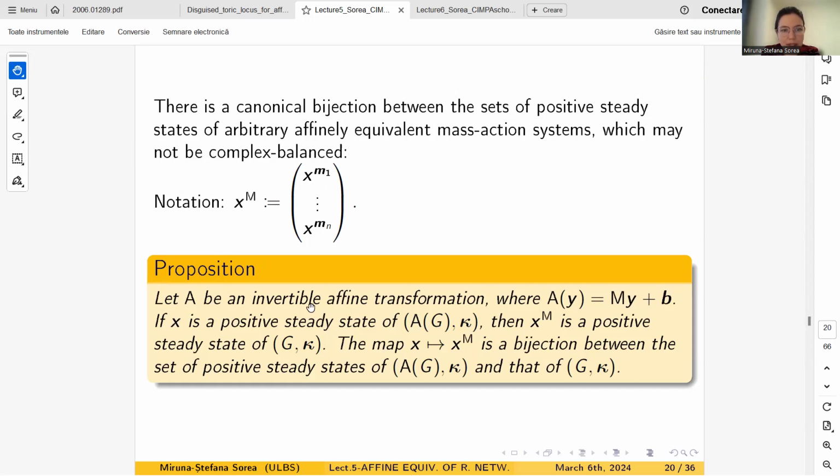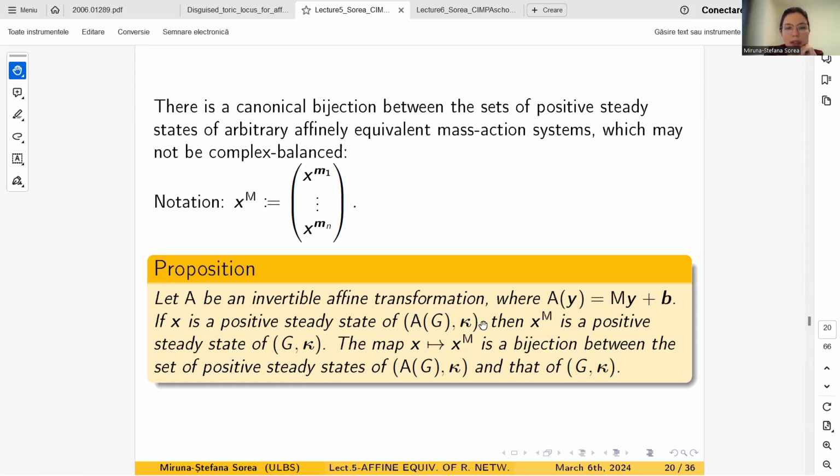So consider an invertible affine transformation given as before by this formula, where M is as before, invertible. And if we have a positive steady state of our network with the rate constant k, denoted by x,